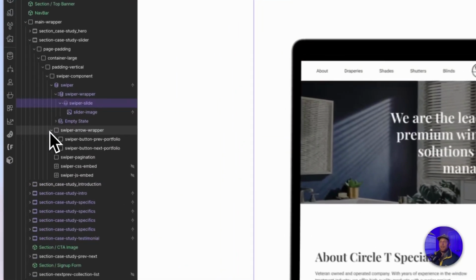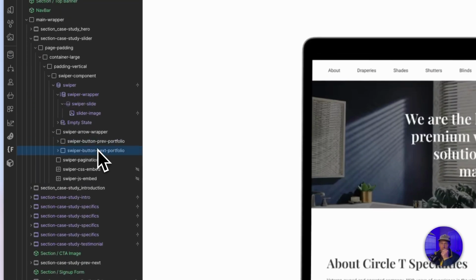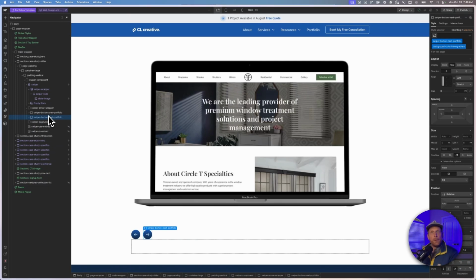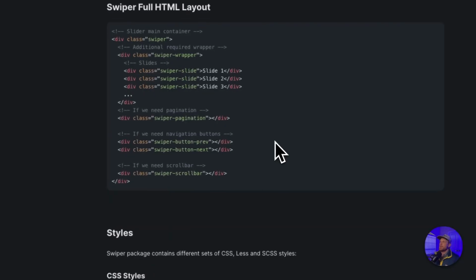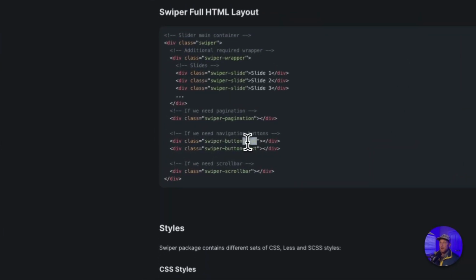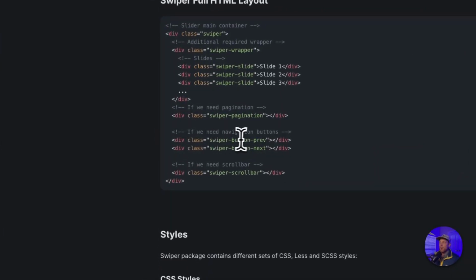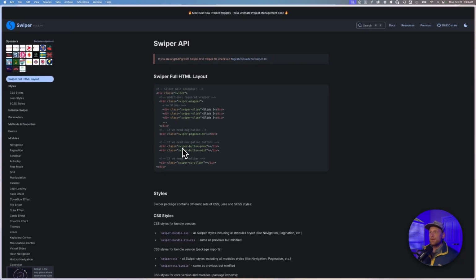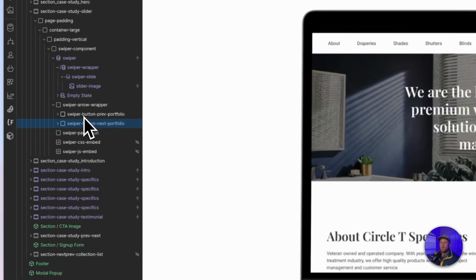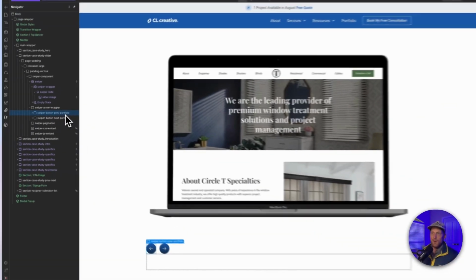Then you need to add some buttons to the page if you want, or you can use Swiper's default buttons. They are going to go ahead and put buttons on there for you if you want to let them do that. If you don't, then you need to put your own buttons. Now, one of the things that you're going to notice if you jump back over here, and this cost me a ton of time, is that they are recommending, if you need navigation buttons, then you need to put them in your HTML and you need to name them Swiper Button Previous. If you put this in your HTML, so like if we just straight up named these buttons right here Swiper Button Previous, without adding this additional name to it,